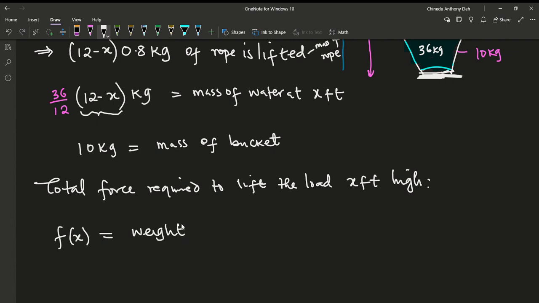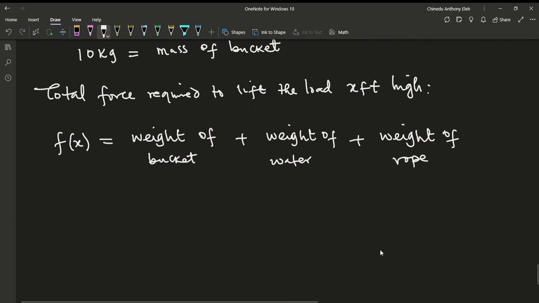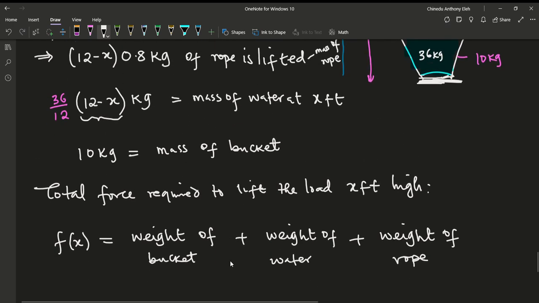As before, this is the weight of the empty bucket, plus the weight of water in the bucket, and since the rope is not negligible, plus the weight of the rope that is lifted. The mass of the bucket is 10 kg,